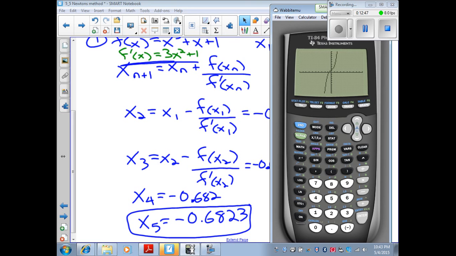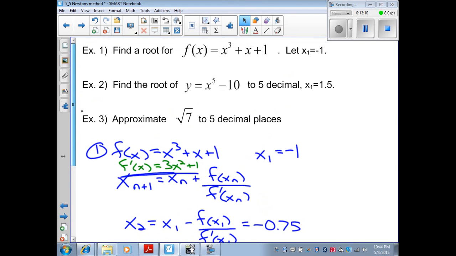It does look like it has a root or a 0 around negative 0.5-ish. And if I use the calculator to find it, the left bound is negative 1, right bound is 0. My calculator says it's negative 0.6823, which is what we just found to 4 decimal places. Okay? So again, it's an iterative process. That means you do the same thing over and over again. Let's try it